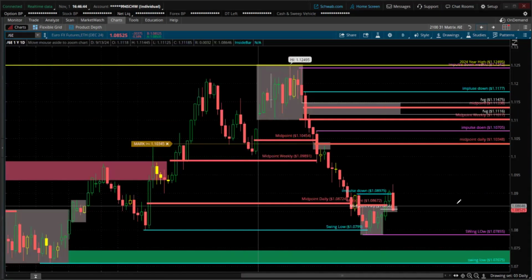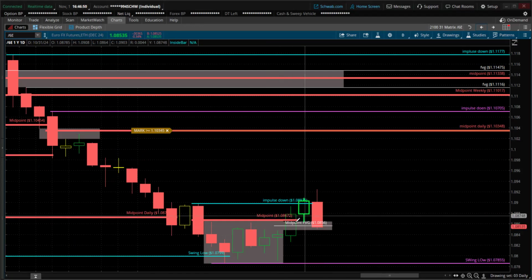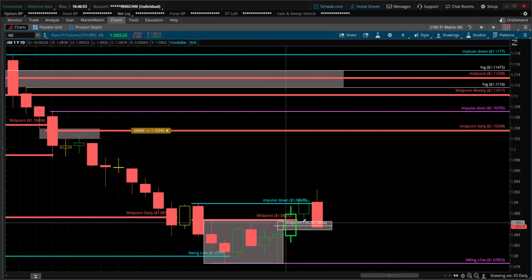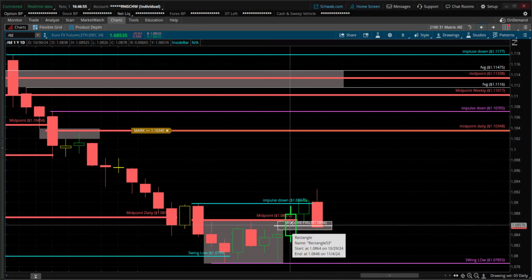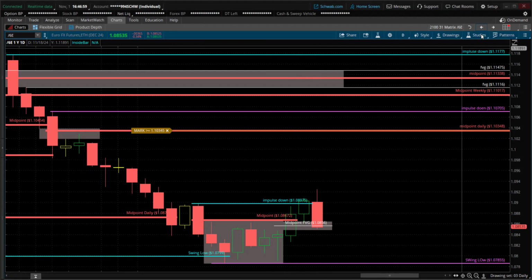So here we are on the daily chart. That green candle, that high, and that green candle, that low, they never overlapped. So I labeled that as the gap. That gray area, I drew out the white line, the middle of it, which I'm going to show you now on the